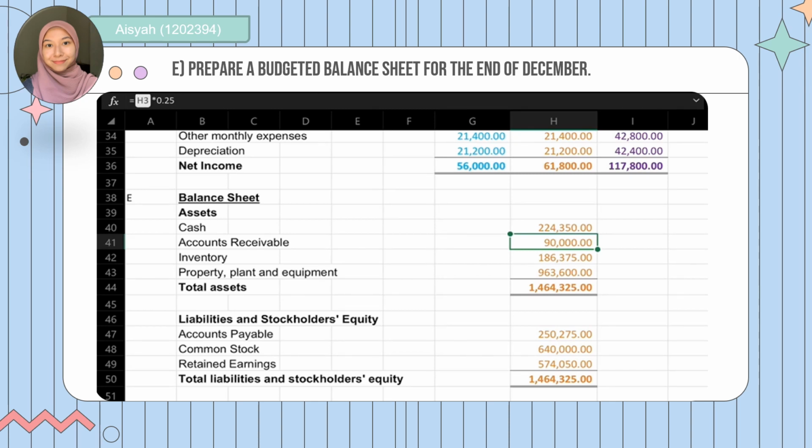Inventory amount is taken from desired ending inventory in December from merchandise purchase budget. Last item for assets, PPE amount is 963,600. To get the amount, we take the PPE amount in the question, which is 1,006,000 minus total depreciation 42,400 in income statement. Total assets is